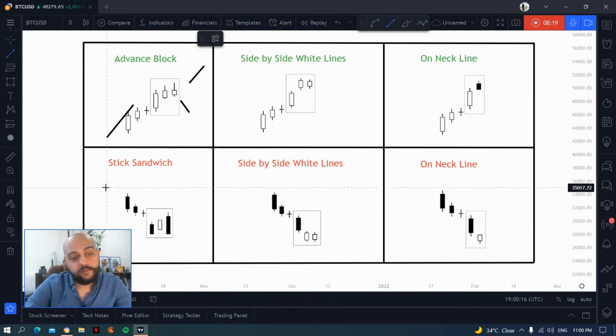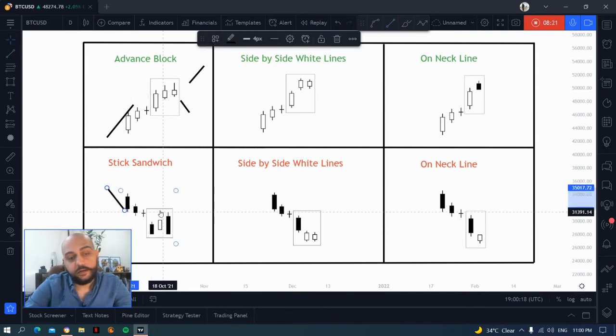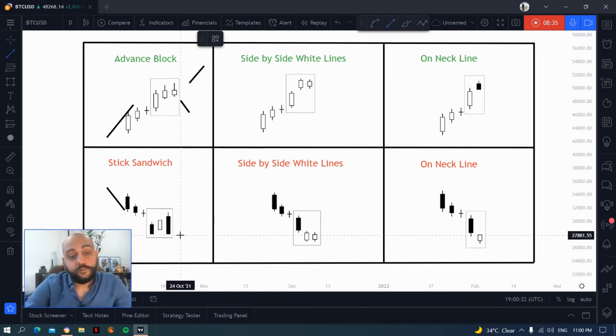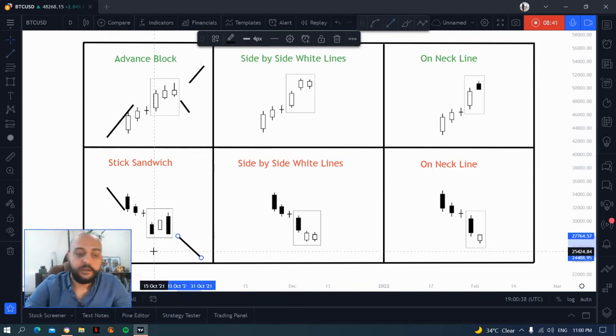Notice how we have a downtrend like this, and we start with a strong bearish candle, then a bullish candle with no wicks at all, then another bearish candle that is bigger than this one. Now, this basically is a very weak pattern. The market could go down after this pattern, but notice here, if you remember from our last video, we